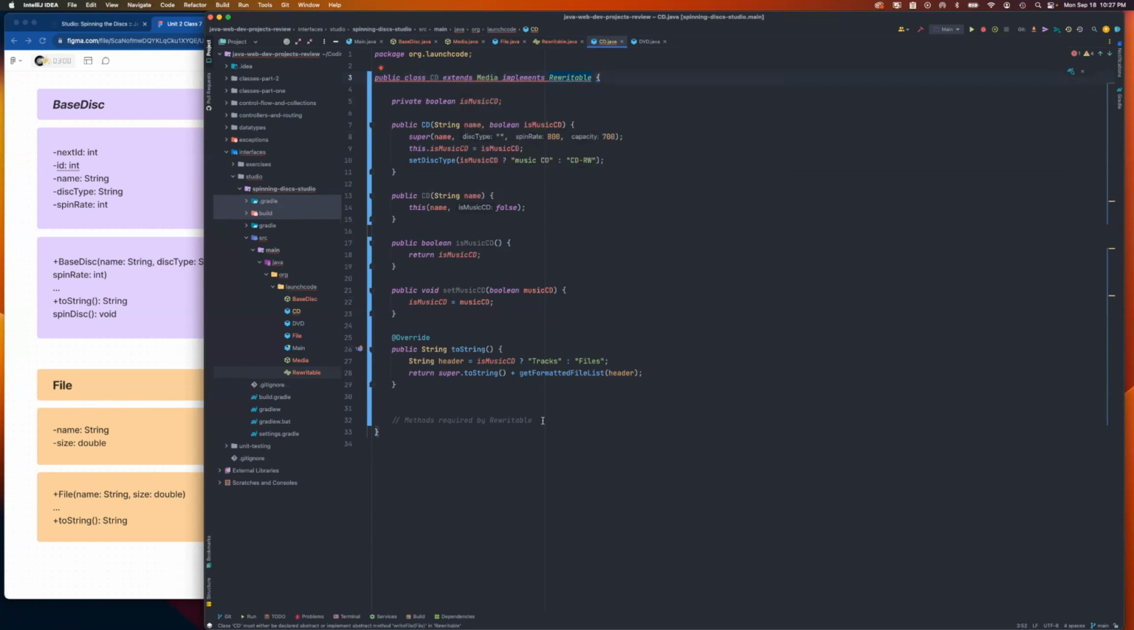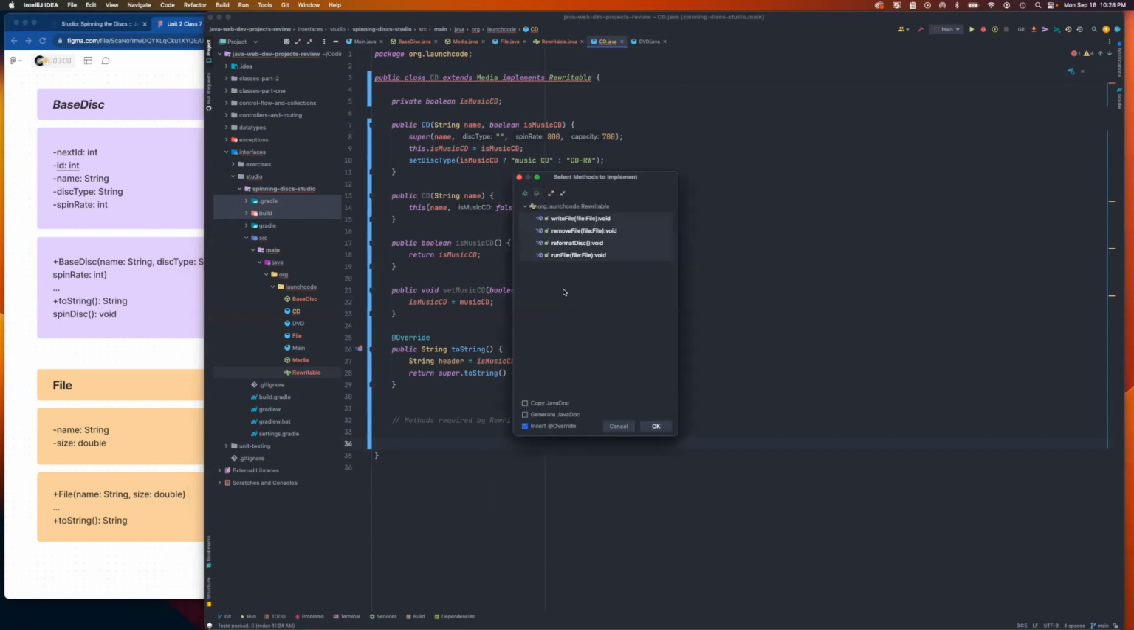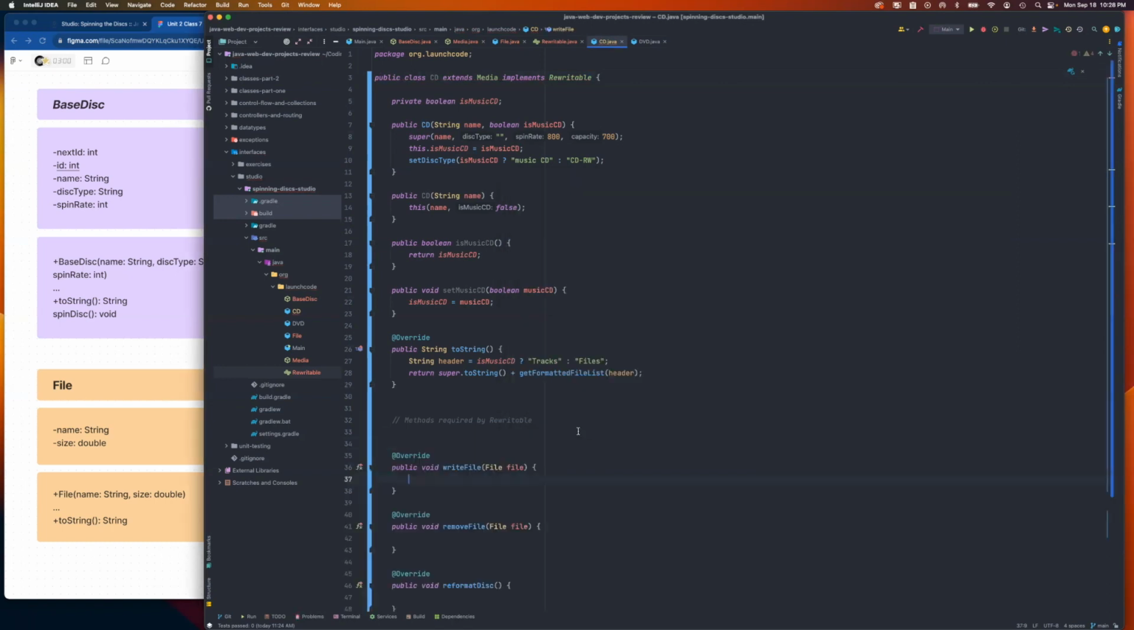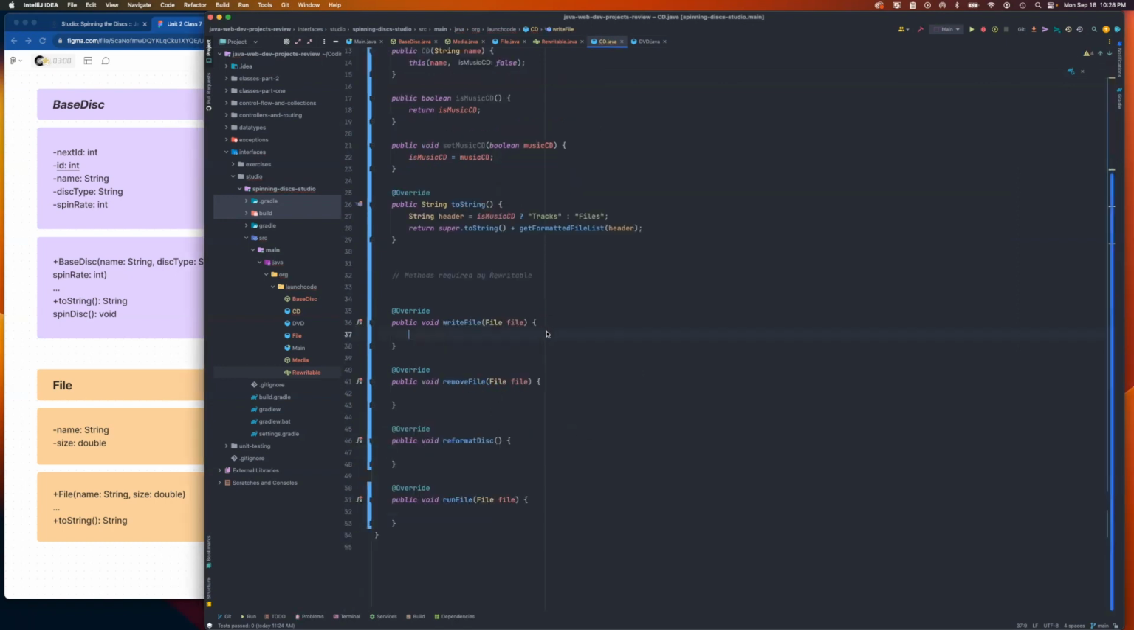So that's where we come down here, and I'm going to use the generator in IntelliJ and come down here to implement methods. And this is the quickest way to get that list. These are the 4 that are required. I'm going to say okay. And then it's going to go ahead and provide those signatures and open bodies. And all I have to do is fill in the code that goes between the brackets. So we'll come back and